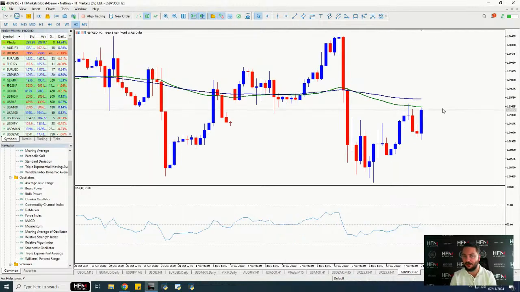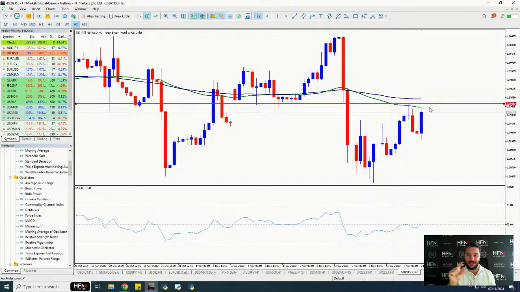At that 75 level, between the 75 and 100, the price tends to find resistance there. And like I said as well, the British pound potentially can come under pressure from the fact that more individuals voted for an interest rate cut than that which was previously expected. So this is a very key level, ladies and gentlemen, because this is a resistance level, and it's also a level that's right in between those two levels, which tend to see trader psychology change.